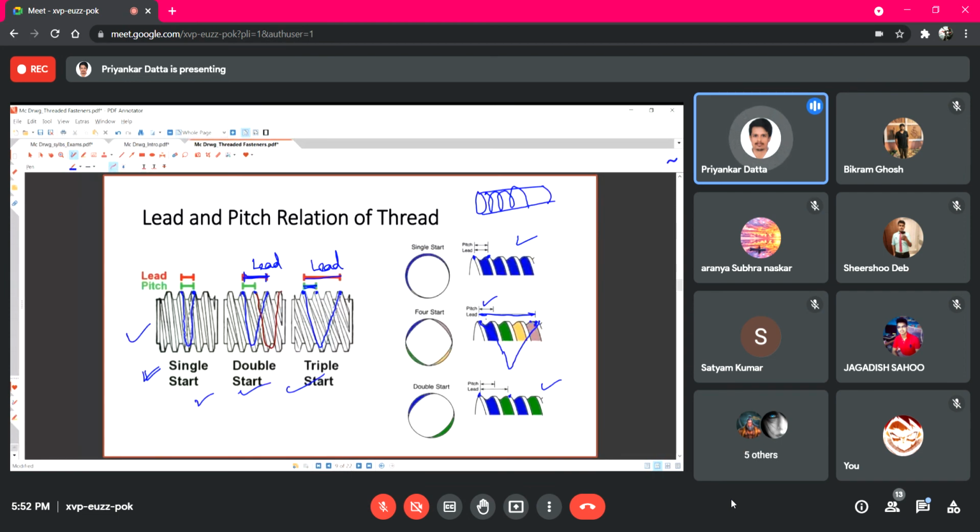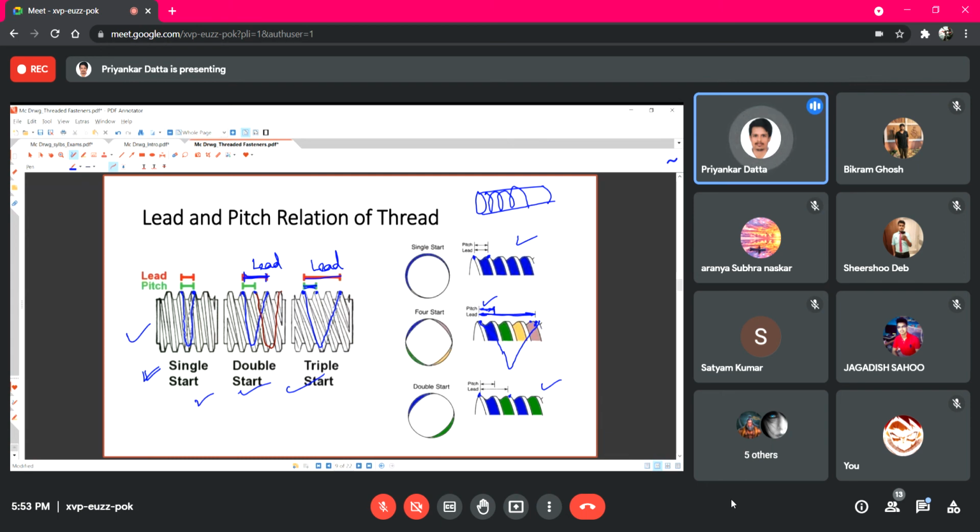But instead, if we use four starts, then we can move this much length, but the pitch will remain smaller, so that the tightness or grip of the thread is good and also the movement is faster.